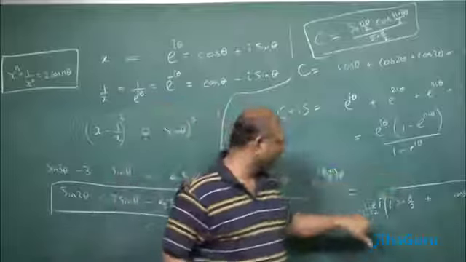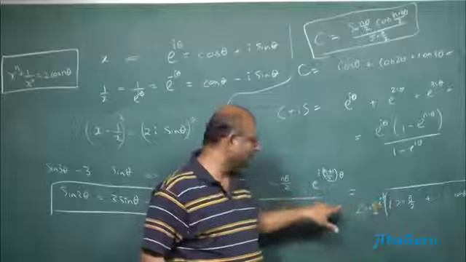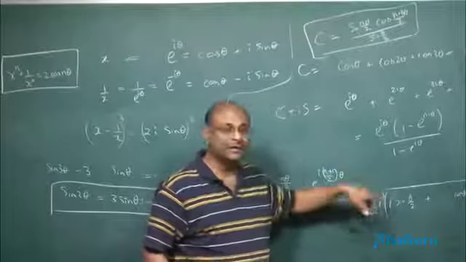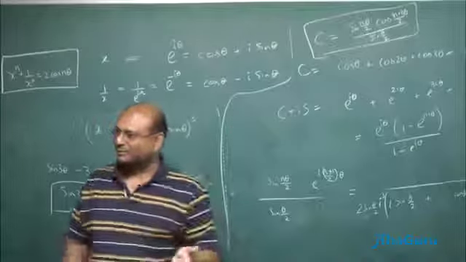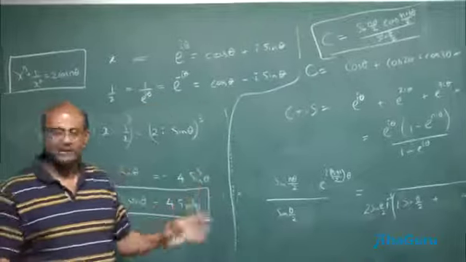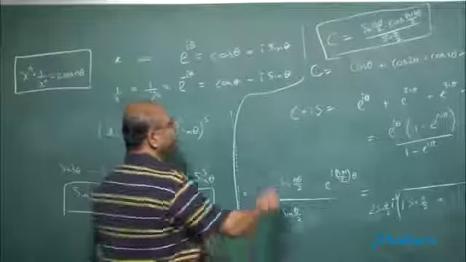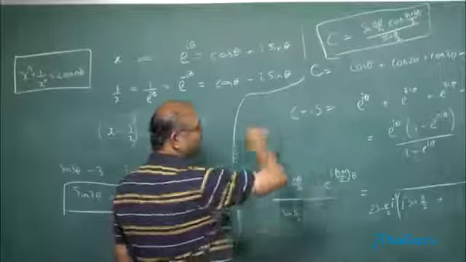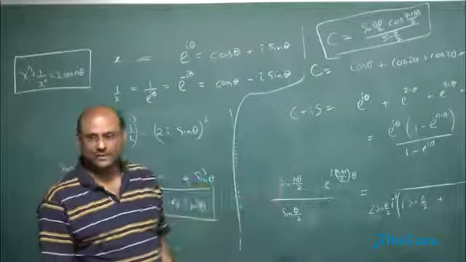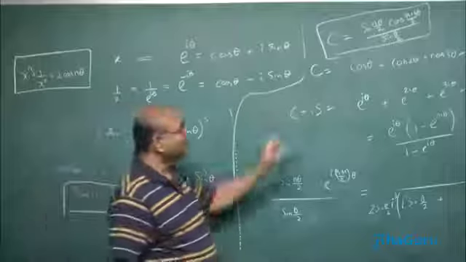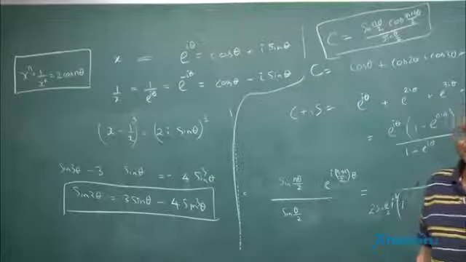If you want to remember, you can write it as minus 2i sine theta by 2 e power I theta by 2 is 1 minus e power I theta. That will help you do things faster. Again, one more thing to remember. But the main point is that this kind of approach requires conversion into geometry, right? If you had multiplied this whole thing by sine theta by 2, things would have worked out nicely.